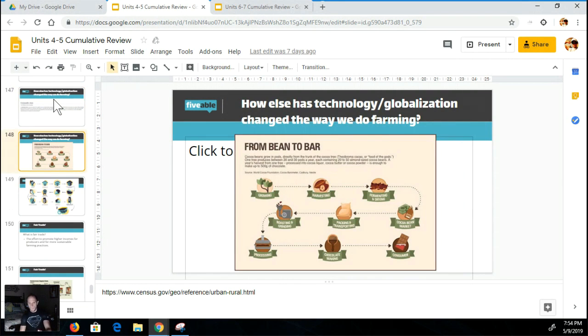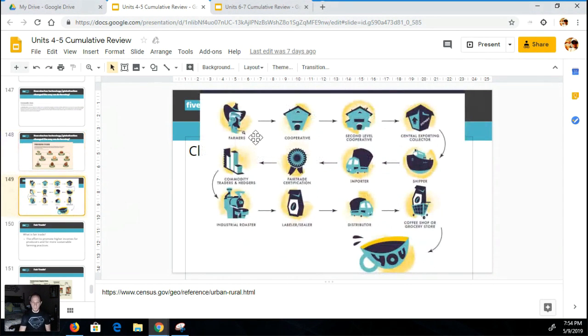So from bean to bar, you've got the growing process. They're going to harvest it. They're going to ferment and dry it out on the roof of their houses. This is for cocoa beans. This is a little bit different, but it's still a very similar process. They're going to take it to the bean market and get their money for it. It's going to get packaged and transported to a roasting facility, usually in a different country. It'll be processed, made into the chocolate we all love, and then sold directly to the consumer. With coffee, here's what that might look like. Or I guess, yeah, it's a coffee example.